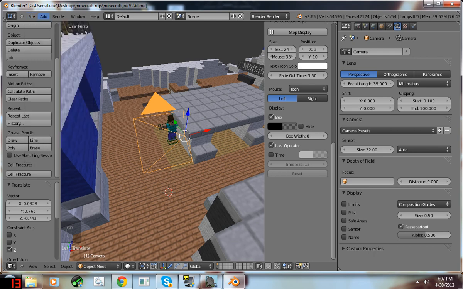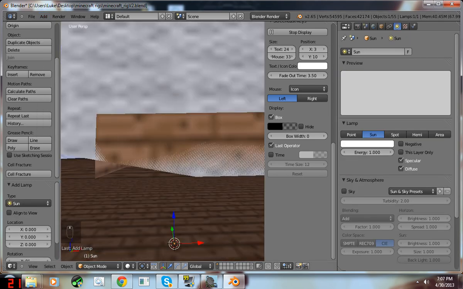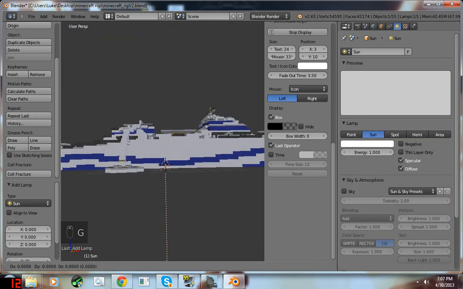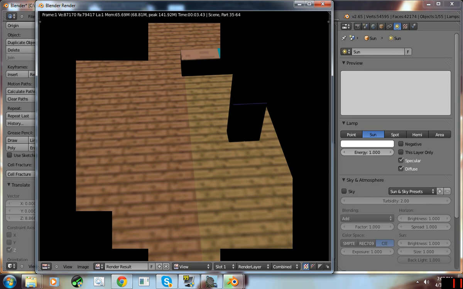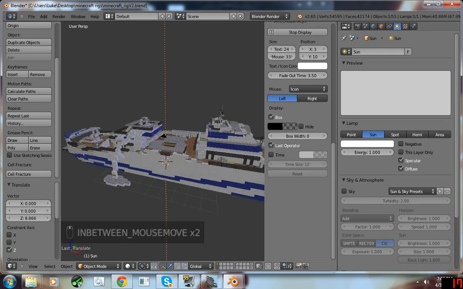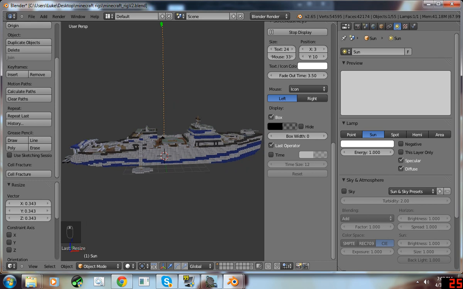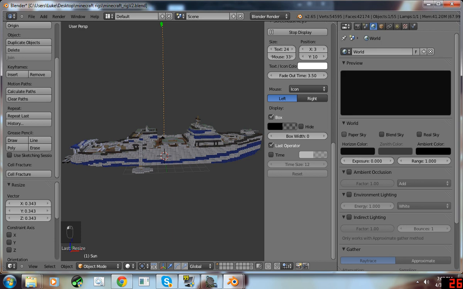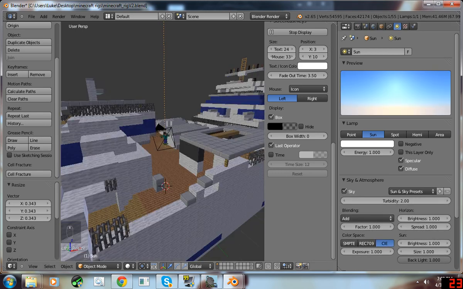The reason we have black is because we don't have a lamp or any type of point. I prefer sun. Sun is good because you can just G it upwards. Now this is a huge sun, and if we were to render it now, actually no, things don't look too bad, but if the sun's too close, everything will look white and way oversaturated. I like to size the sun down so that it's normal-ish. And also I'll go into, sorry if I'm being a bit fast, I can't record for too long. I'll go into the sun settings right here and turn on sky. Now if I get a good angle with this camera,